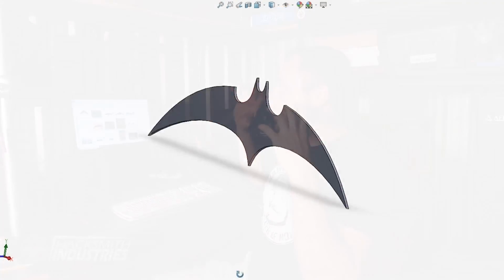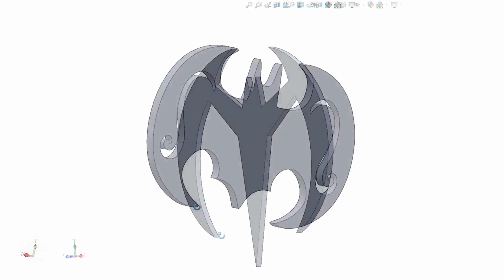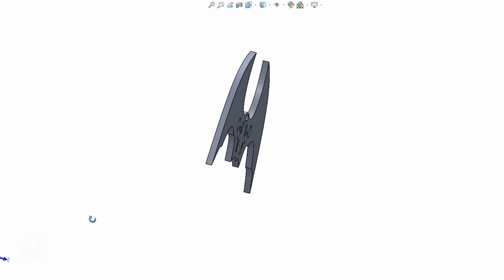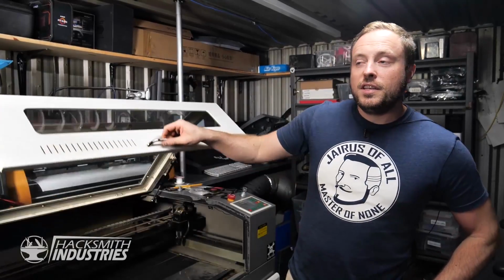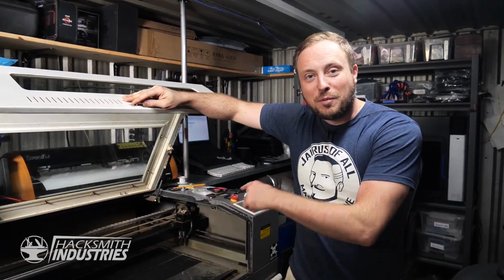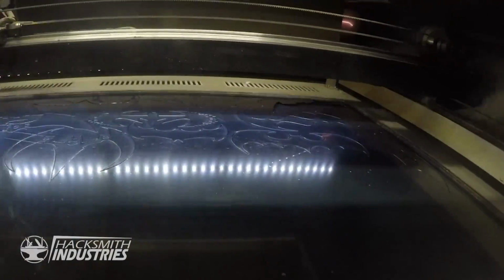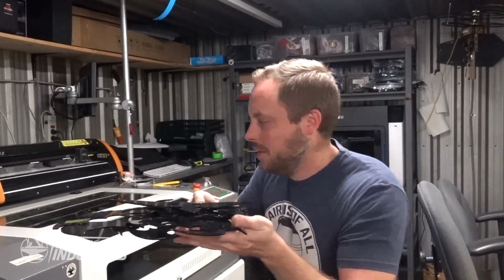Now that I've collected all of the Batarang reference material that I need to make them, it's time to dump this into SolidWorks. That way I can actually create the files to be able to cut and make these things. Now that the designs are all done, it's time to use this big bad laser cutter to chop them all out. I have all of the Batarangs finished, and they're all cut out